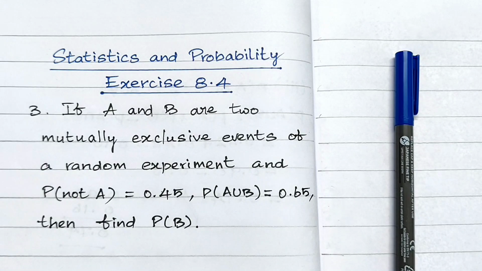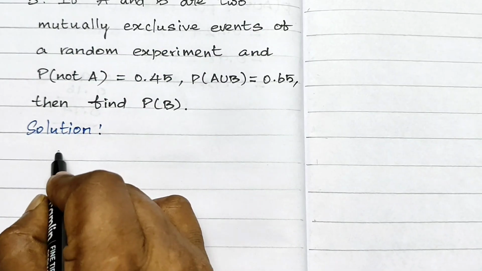This is 10th Mathematics, Chapter 8, Statistics and Probability, Exercise 8.4, Question number 3. If A and B are two mutually exclusive events of a random experiment and P of not A equal to 0.45, P of A union B equal to 0.65, then find P of B. Okay students, first given that